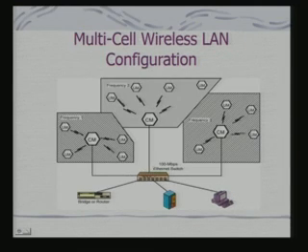There can also be a multi-cell configuration. So, here you have multiple cells and you have systems connected via these multiple cells, and each of the cells communicates using maybe its own frequency, and then each of these cells is connected to the backbone Ethernet switch, and that provides connectivity of these devices to your basic network. This is the basic conceptual model of the wireless LAN.